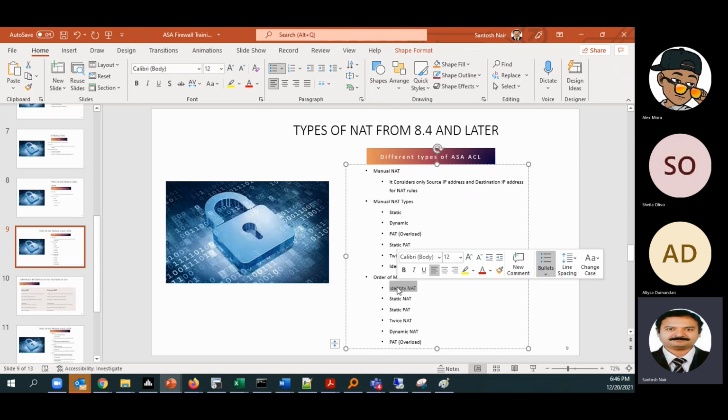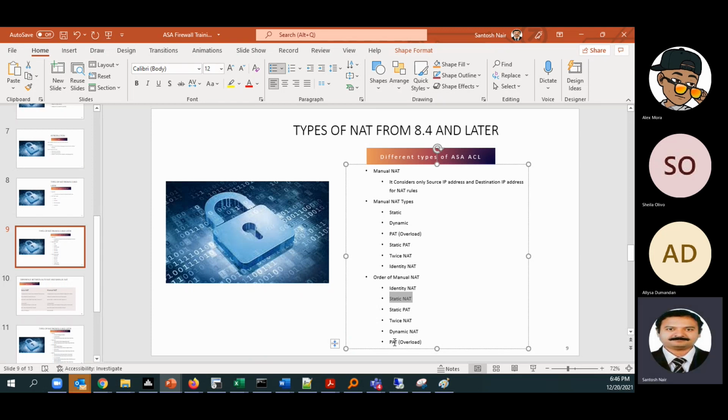So if you give an identity NAT below the PAT, the identity NAT will never get executed. Whenever you are giving identity NAT, it has to come first. If you are giving a static NAT, it has to come after the identity NAT, and it should not come after the PAT.